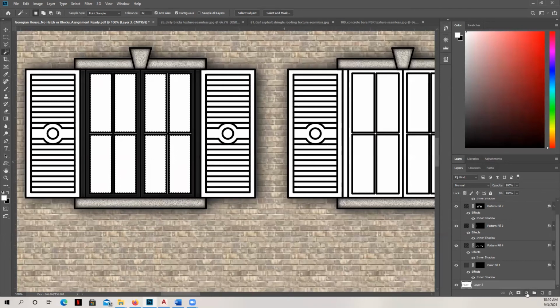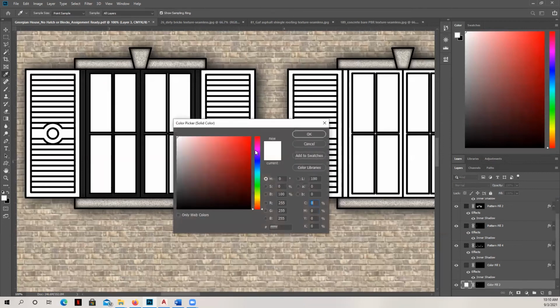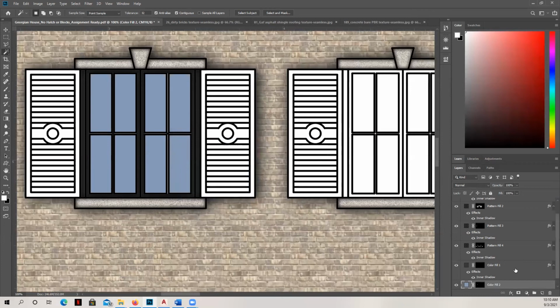So for these, I am going to just fill them with a solid color. And they're going to be a very pale blue. And again, it's kind of hard to make this not look super cartoony. I'm going to bring down the opacity. Now it's really a nice touch, and we'll learn it later, to put stuff in the window and then have the layer of glass on top. And you can see through it a little bit. Okay, and then same thing, shadows everywhere.